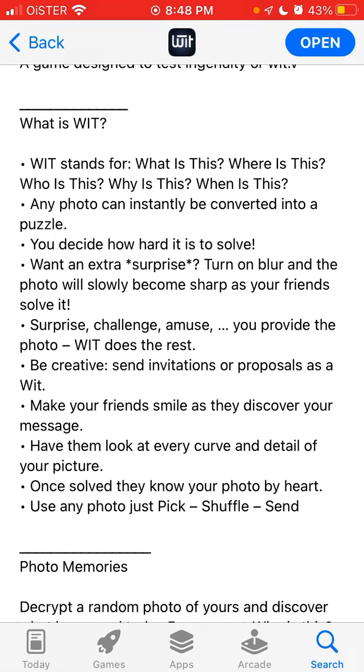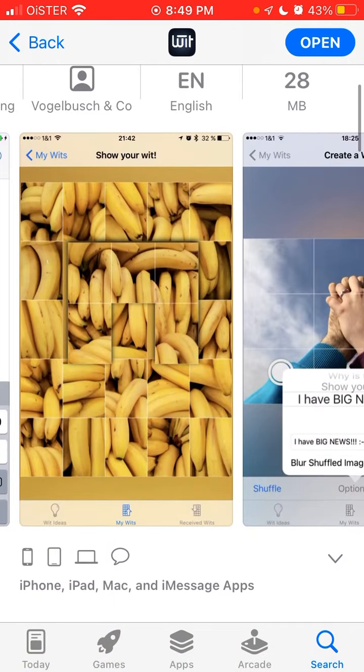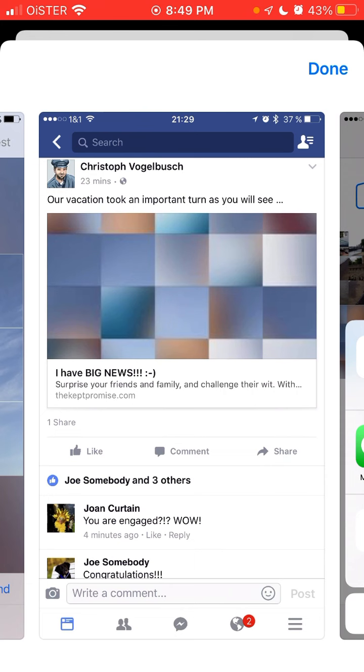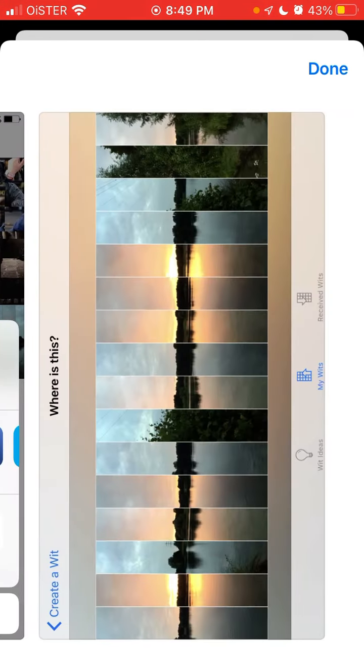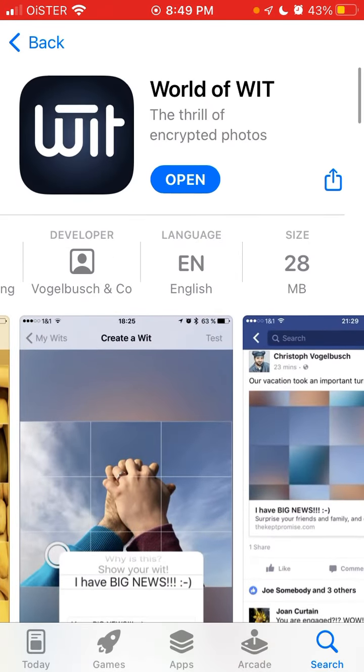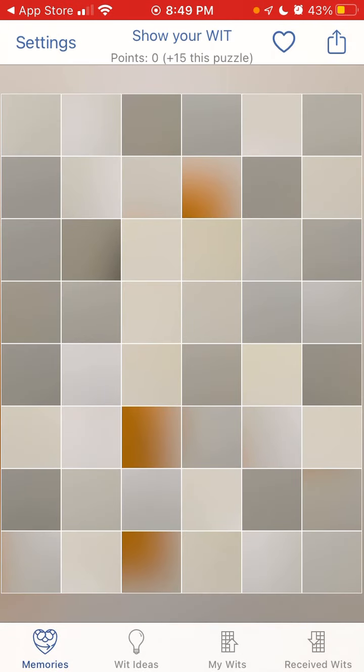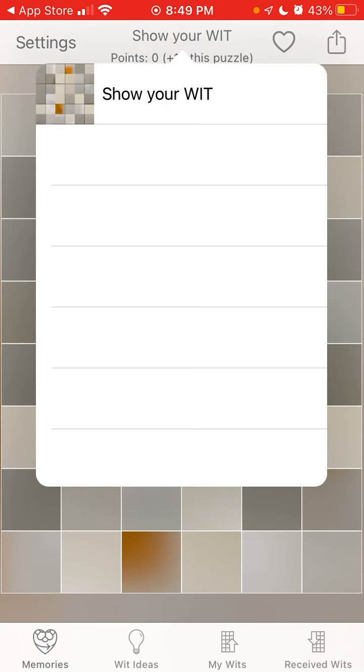WIT stands for what is this, where is this, who is this, why is this, when is this. So that's pretty interesting. So that's a pretty interesting concept, and I think it can be super addictive. So what I need to do here is just allow access to all photos, and then I can just show